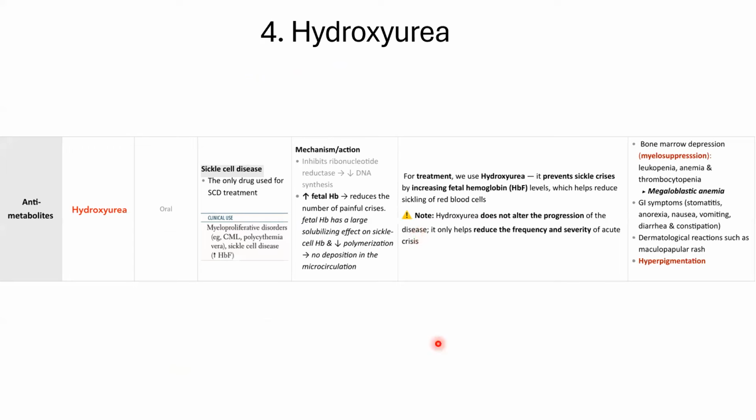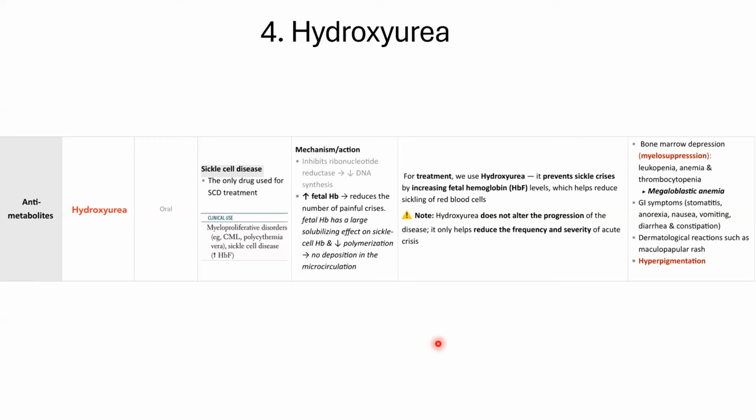Now, this is technically the last part. What I want to stress is that hydroxyurea is not a treatment and it's not a cure. It's not going to cure the disease, and it's not going to change the progression of the disease. All it's going to do is relieve or prevent the